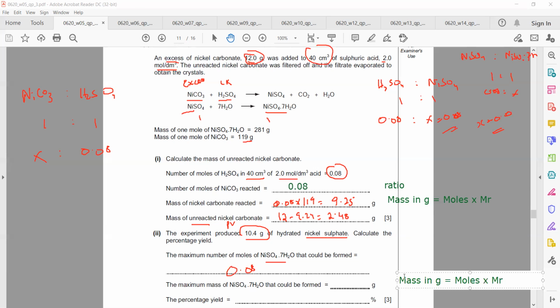So moles 0.08, and the molar mass they already gave you in the question, 281. So when you multiply by 281, you will get 22.48. So theory suggests I should get this amount, but practically we are getting only this. So the percentage yield is the practical value divided by the theoretical value into 100. So percentage yield, practically we are getting 10.4, but theoretically we should get